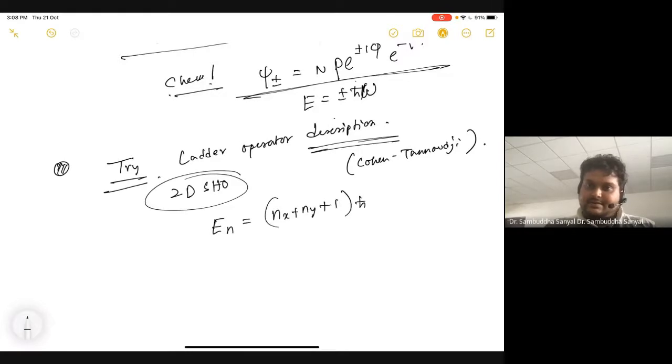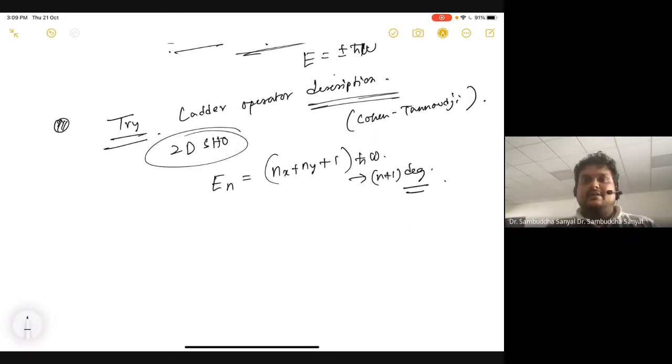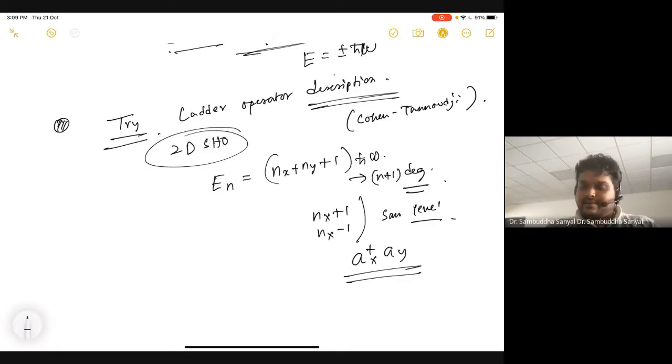The energy is h bar omega times n plus 1. Okay. So that will tell you that at the same level, with nx plus ny fixed, for example nx plus 1 and ny minus 1, they are at the same level. And that will allow you to tell that something like ax dagger ay must be an invariant operator. Okay, something of this structure must be an invariant, because ax dagger will lift your nx and ay will take you down from ny. So this is the intuition.